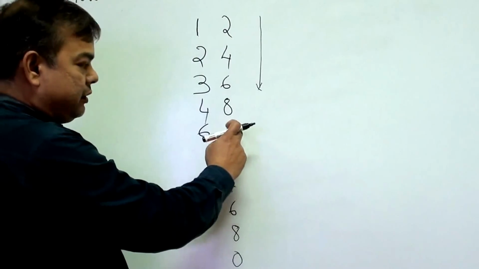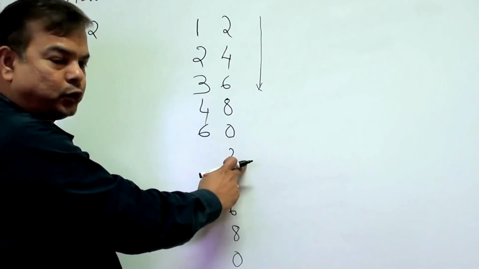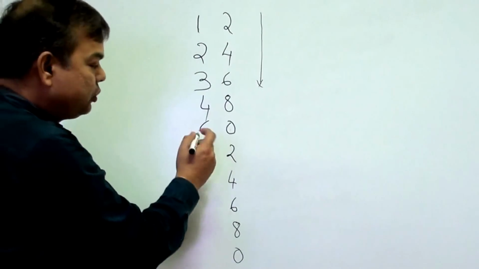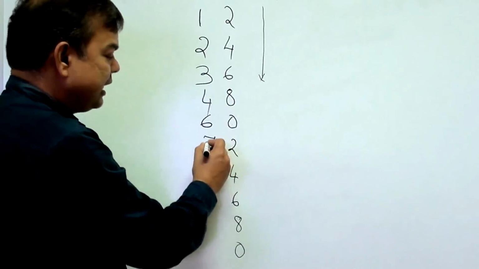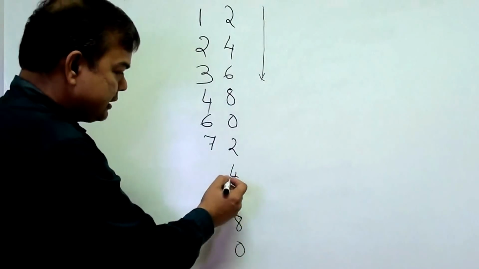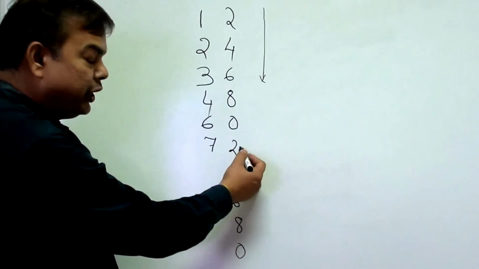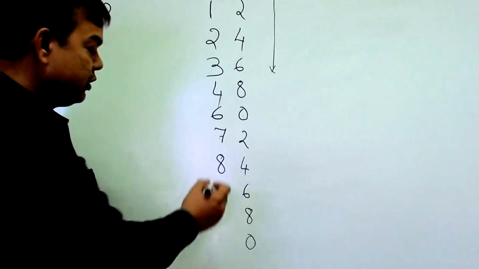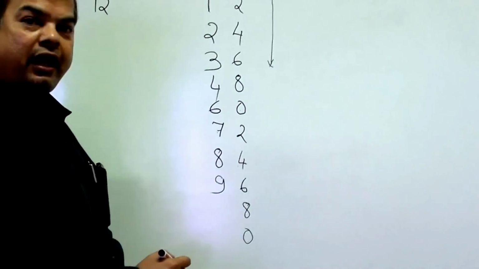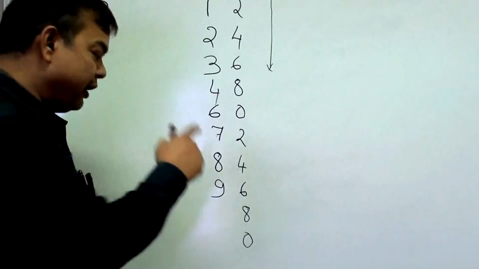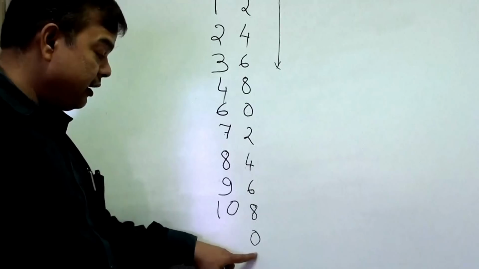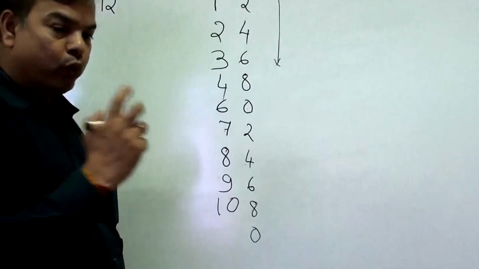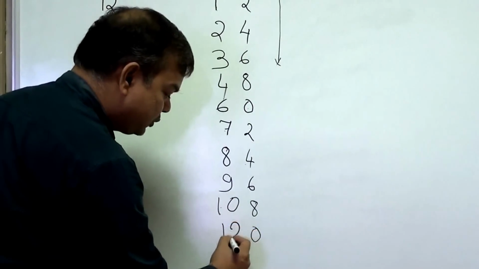Now again you see from 0 to 2, 2 is more. So we will add again the same 1 here to the 6 for getting the next number. So 6 plus 1, 7. So 12 sixes are 72. For 7, we will see that again 4 is more than 2. So add 1 to this, it becomes 8. Again we see that 6 is more than 4. So add 1 to this, it becomes 9. Again 8 is more than 6. So add 1 to this, so it becomes 10. Here again 0 is less than 8. So instead of adding 1 to this, we will add 2, that is 10 plus 2. So our answer becomes 120.